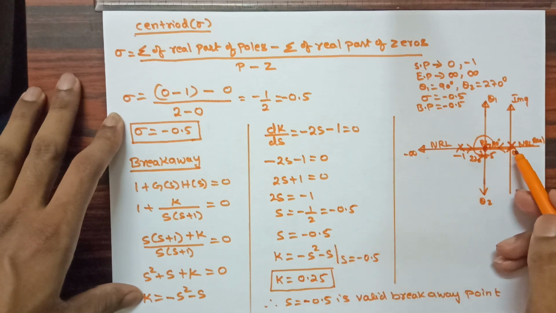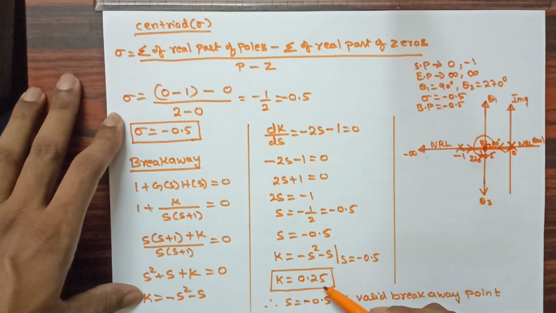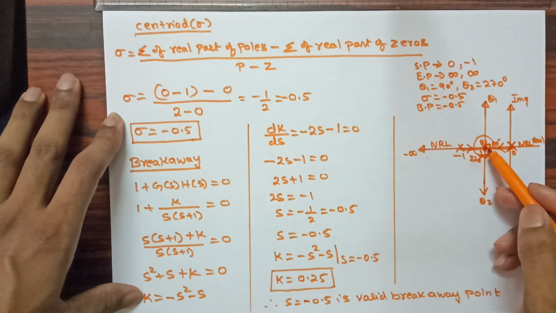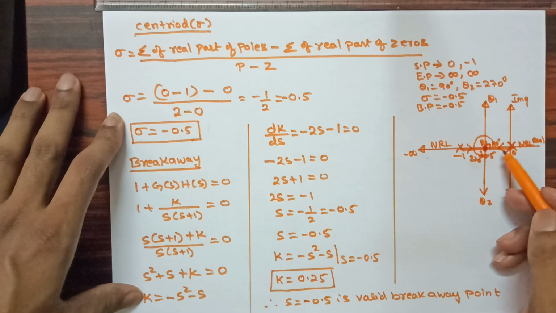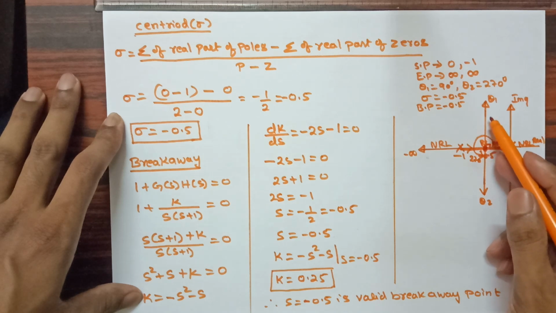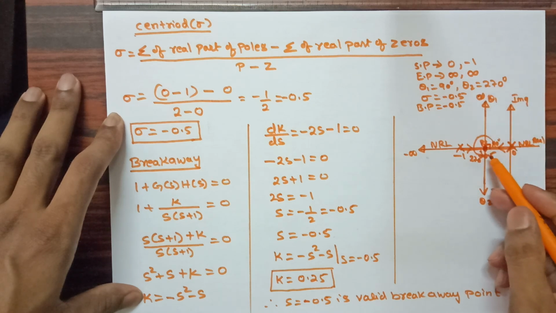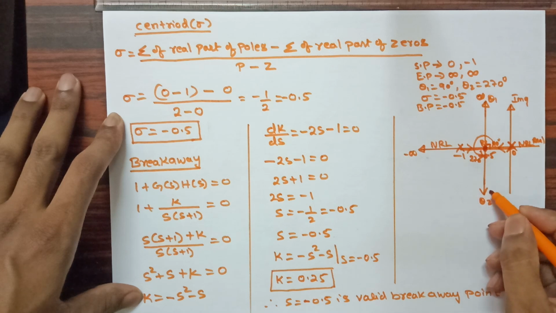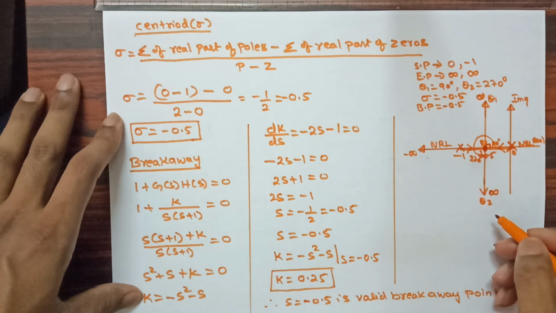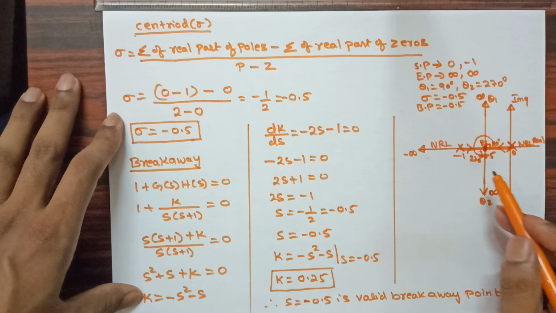If the value you got lies on the root locus, then it is a valid breakaway point. Anyhow, we calculated by substituting this value in the k equation, and we found that it is a valid breakaway point, which is -0.5. At this point these two poles are going to meet, and they will come out and move at an angle of 90 degrees and reach their infinite destination. One pole will move in the upward direction, and the other pole will move in the downward direction, towards infinity. So this is the root locus sketch I have shown on the normal sheet.